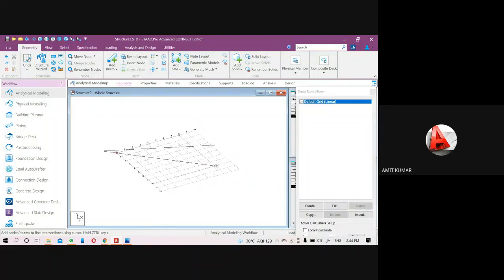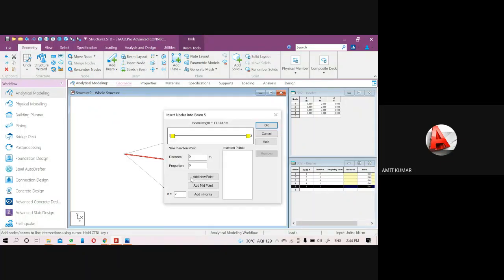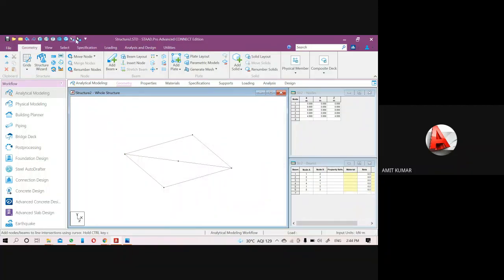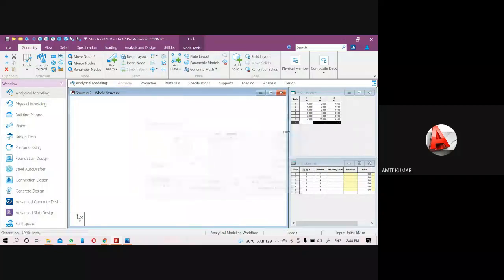Now insert a node at midpoint through the insert node command. Use the add midpoint command. Okay. Then move this node in the y direction up to the total height of the transition tower. So if the height of the structure is 30 meters, just give the value 30 here and click on OK.